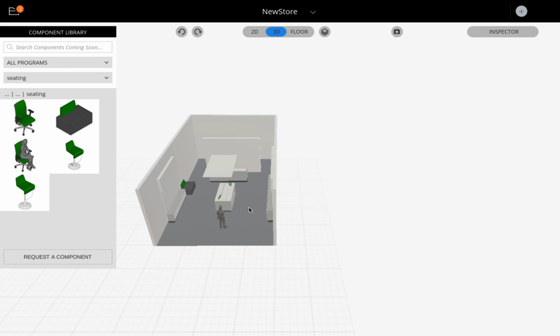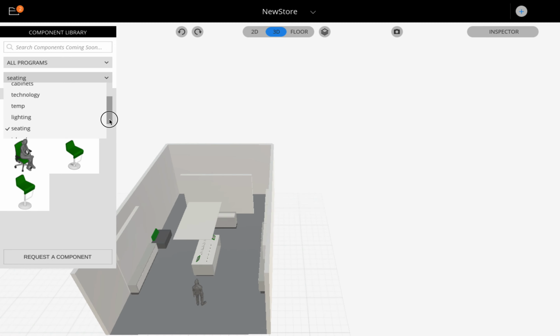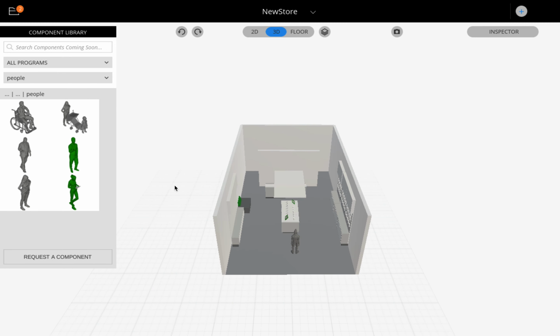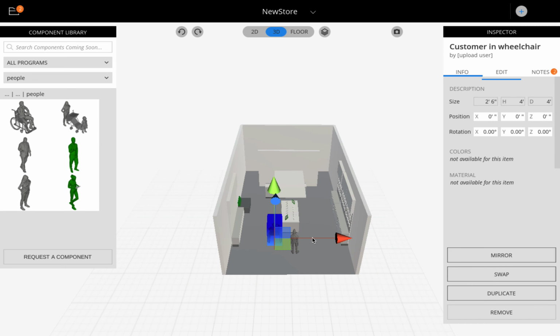And let's just say, just for the sake of testing out the space, let's put a few people in. All right. So it's always good to put a wheelchair stroller just for accessibility purposes and to understand the space a little better. Now we can put a sales rep